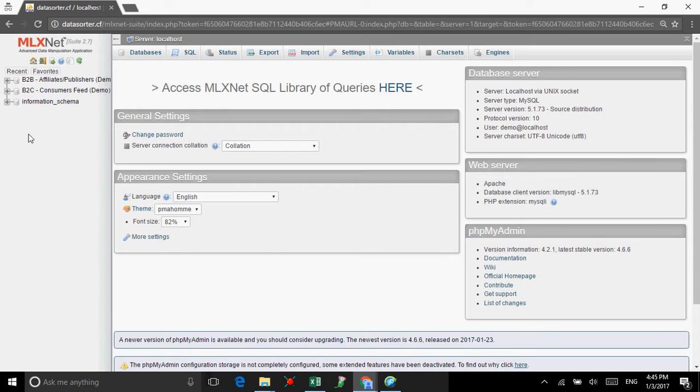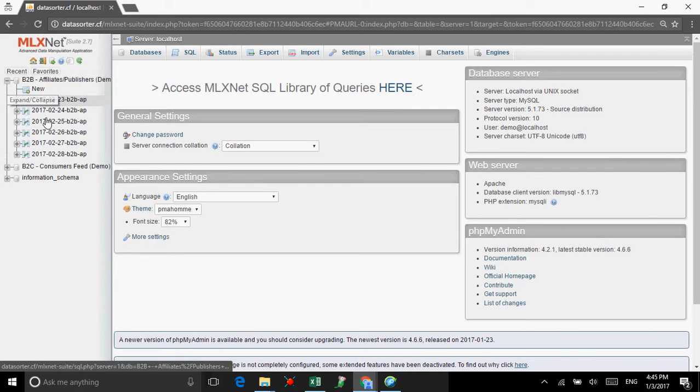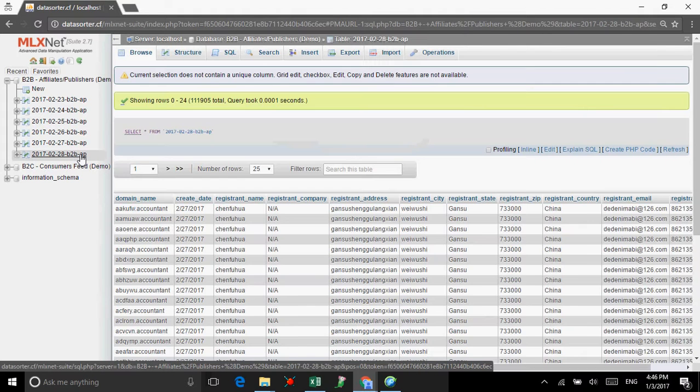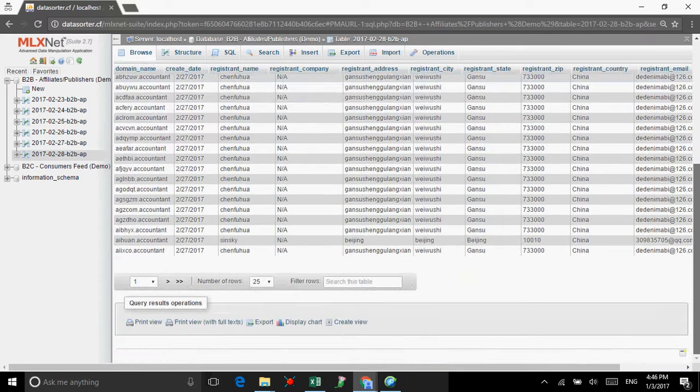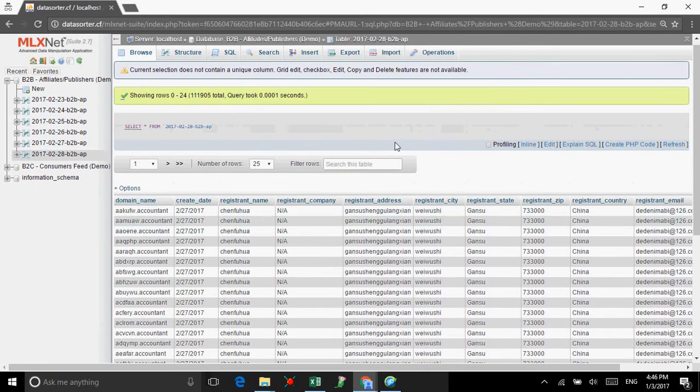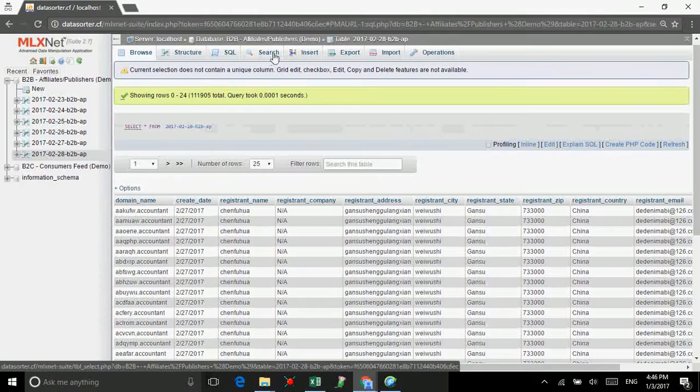Now you can realize here that when you expand, you will be able to see on a daily basis an update on the latest entries coming into the system. So this is the latest entry, and you can click on that. If you're going to be running a daily query, you click on that and it's going to show you a small preview of the latest registrations. But if you go and click here on search,